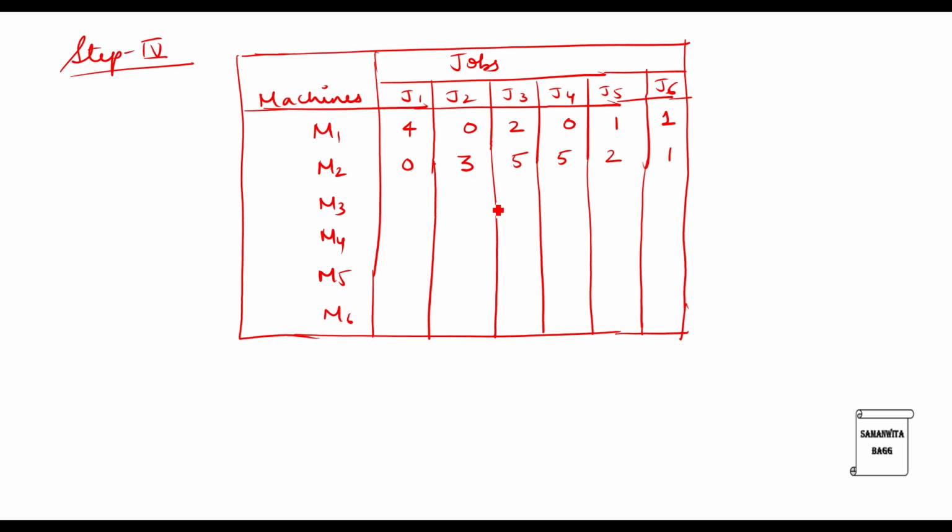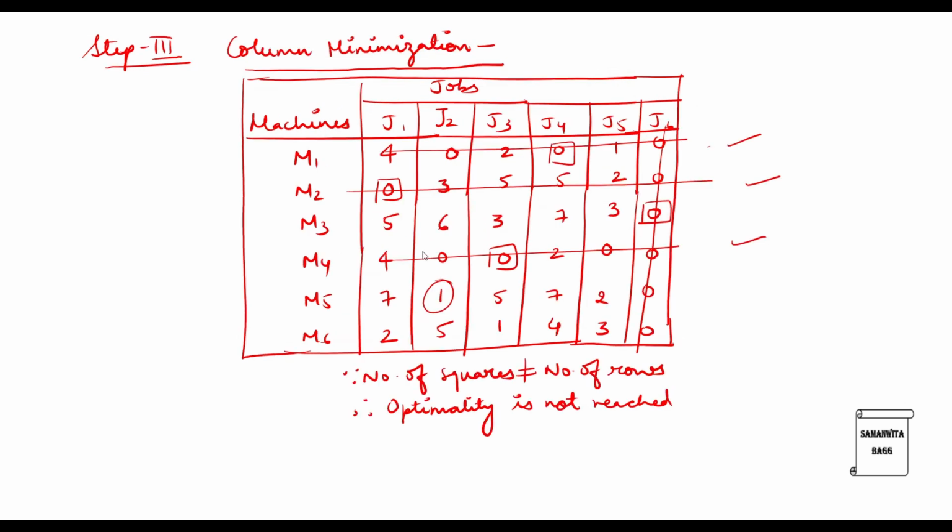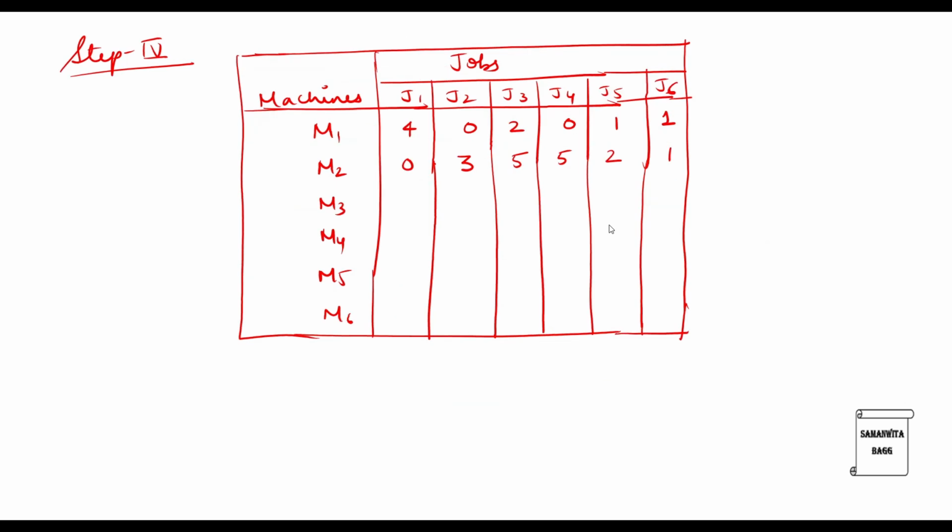Then in the third row, if you check, these values are uncovered by any line. So you will subtract 1 from each of them. So this becomes 4, 5, 2, 6 and this is 2. Now here over 0 there is only one line passing, so this will remain unchanged.